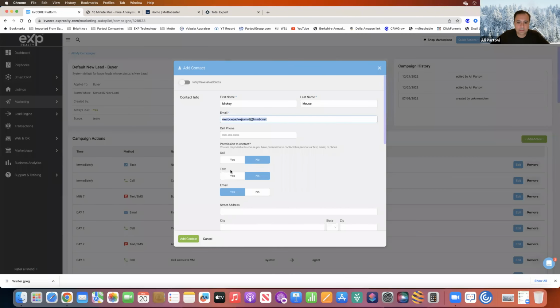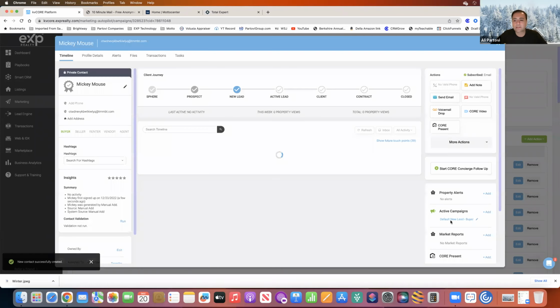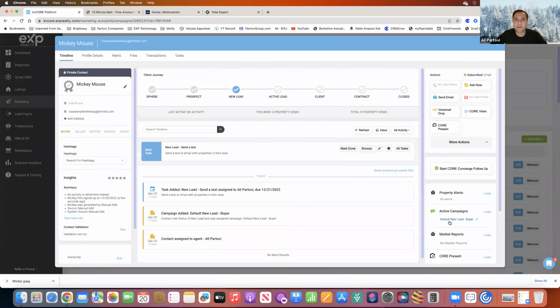Let's do that. All right, Mickey Mouse is here. It's a new lead. And guess what? The campaign is already added. You see that? It automatically added this campaign. So it assigned you a task, because remember, that was the first thing, was to send a text message to